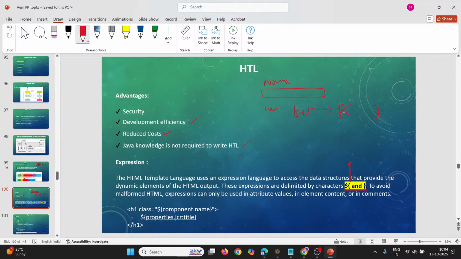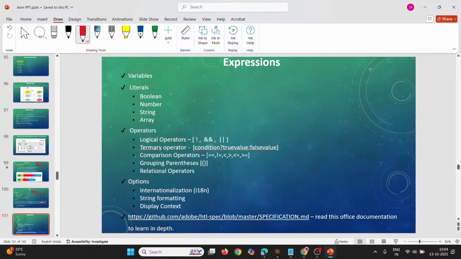Right now we mainly have to discuss everything that goes inside the dollar curly braces, because any action we perform to read the content is performed inside this expression only. Inside this expression, it only allows three data types. First is boolean, that means a true or false value, then number, which allows only a whole number. You can't insert a fractional number. So boolean, number, and